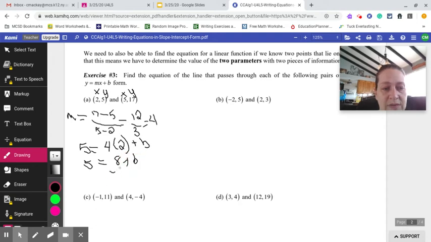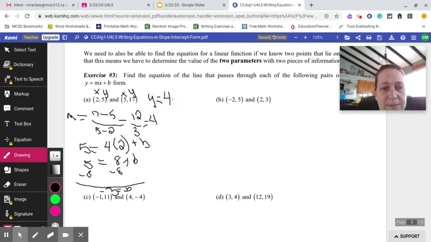I'm going to subtract 8 from both sides. Okay, that gives me that b equals 5 minus 8, which is -3. Now, using what we know about our slope and our y-intercept, we're going to put this in y equals mx plus b form. So y equals